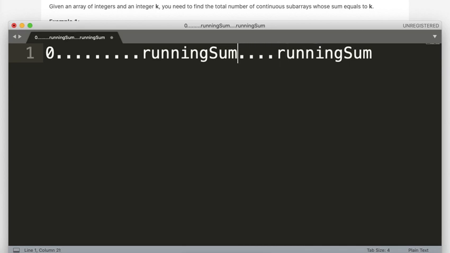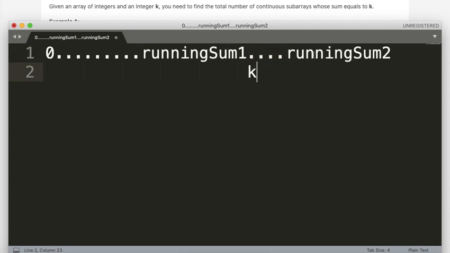So I'll call this running sum 1 and running sum 2. I keep on calculating at every step the running sum, and I have these two running sums. If the difference between these two running sums is k, then there exists a subarray between this running sum and this running sum whose sum is k, right?